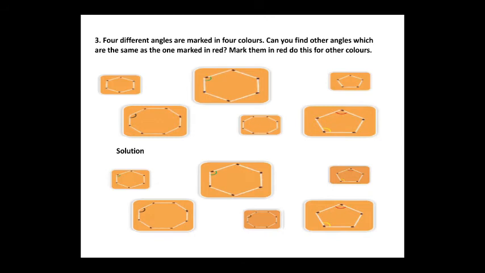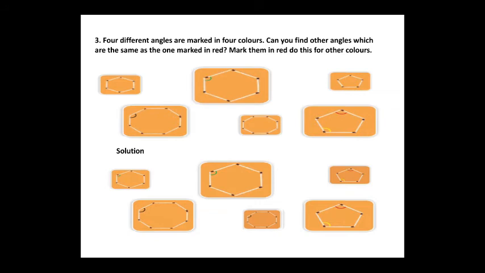See, the first figure and second figure you can observe in the solution. The green color mark: first you have to see what shape it is. 1 2 3 4 5 6. It has six sides, so it is called a hexagon. See here, the side where it is marked green, in the first figure you also have to mark green color there only, because only those angles are equal.